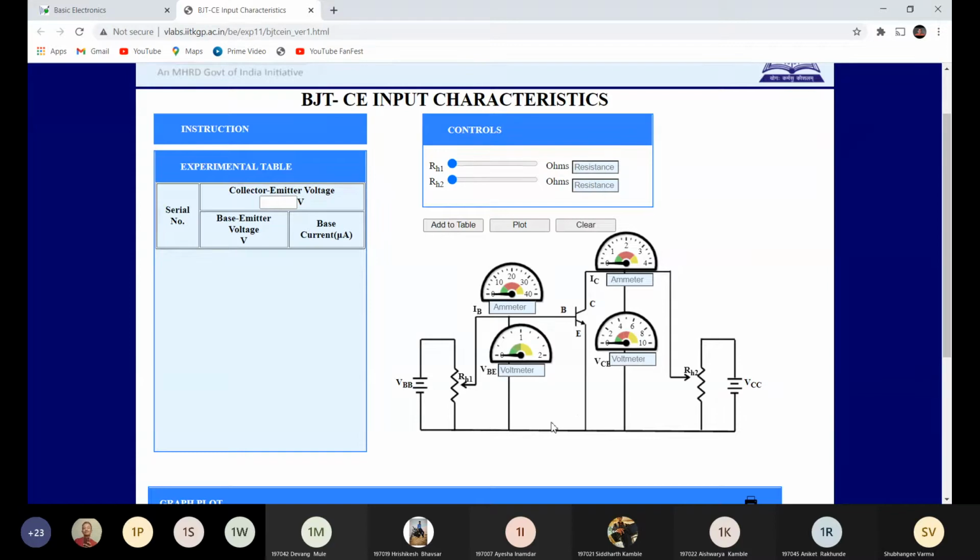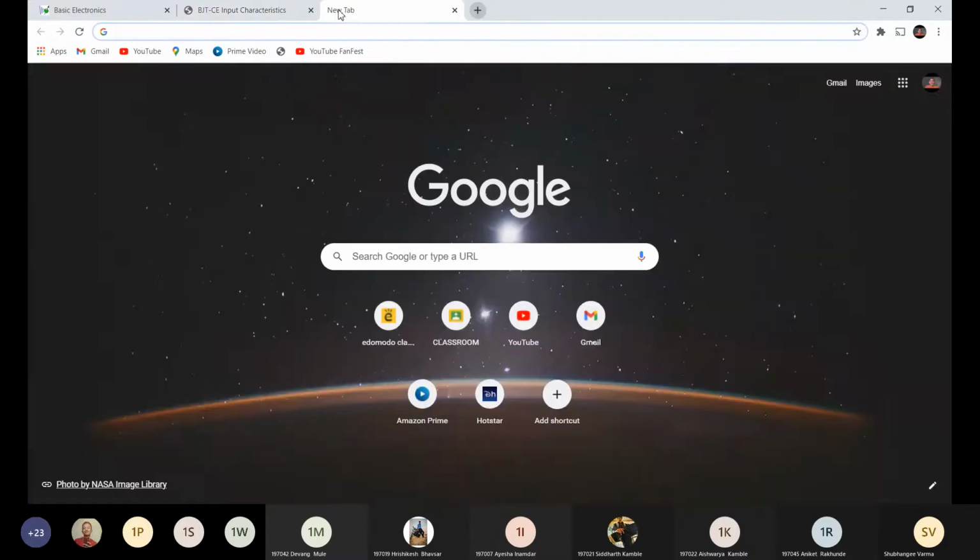For input characteristic, we are going to keep output constant and we have seen the characteristic also. Okay, we have gone through the characteristic of CE configuration. I'll show you the characteristic also.